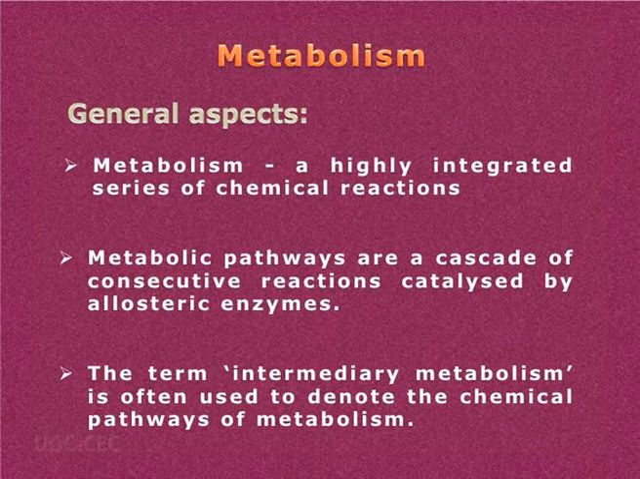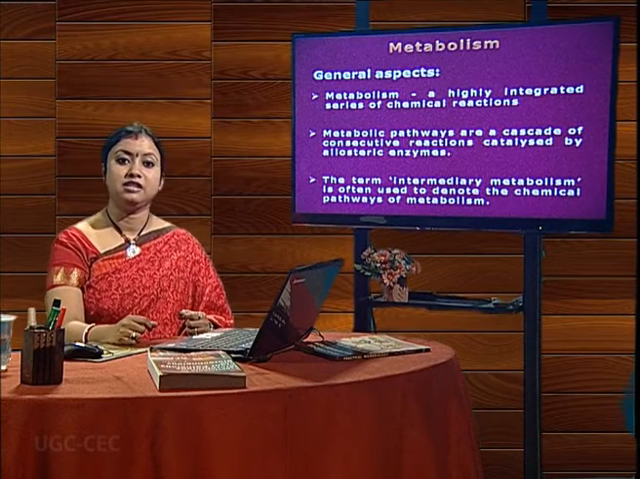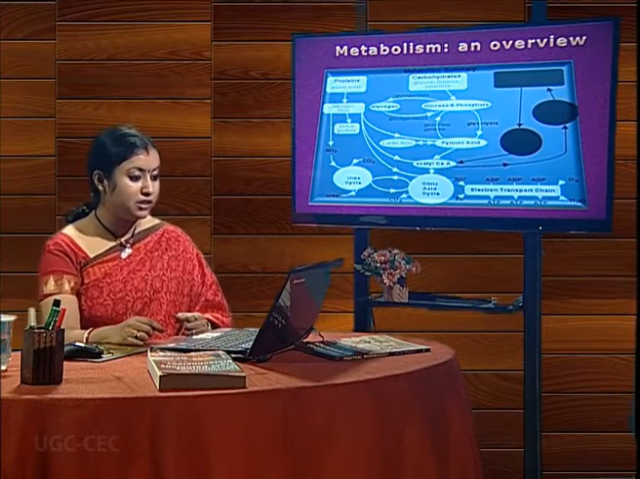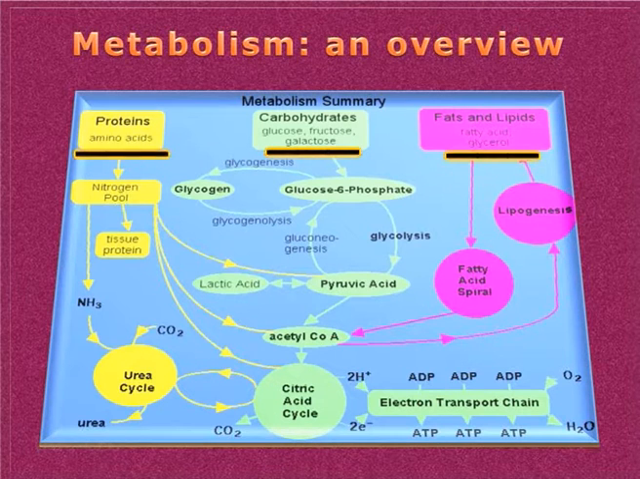Now what is metabolism? Metabolism is a highly integrated network of chemical reactions catalyzed by allosteric enzymes. It can also be defined as coupled pathway consisting of both exergonic and endergonic processes. Metabolism proceeds through various intermediates, hence it is also known as intermediary metabolism, and the reactants, products and the intermediates are collectively called metabolites. Now here we can see how the different fuels, proteins, carbohydrates and lipids are metabolized,